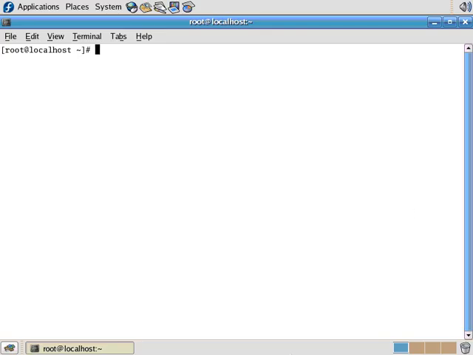So we're over here on our Linux server, and what I've done is I've put a new disk on this server. So it's the equivalent of taking a new physical disk and installing it in your computer. I haven't done anything with the operating system because that's what we're about to do now. Because this is a virtual server and it's running inside my Windows system using this VMware application, I'm able to,